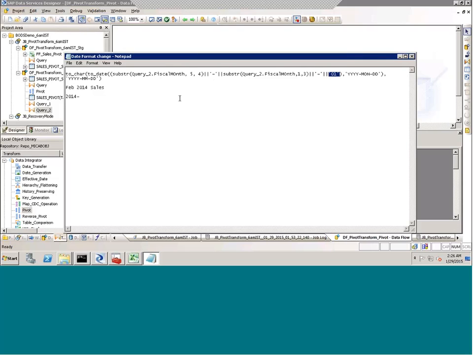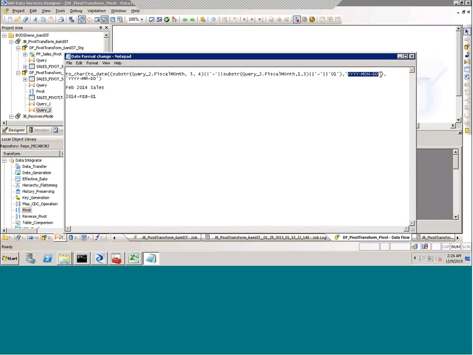So what I am trying to achieve is: I am taking 2014, I am taking the substring Feb, I am taking 0, 1, and finally converting it into a particular format,